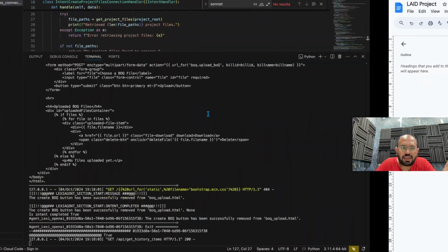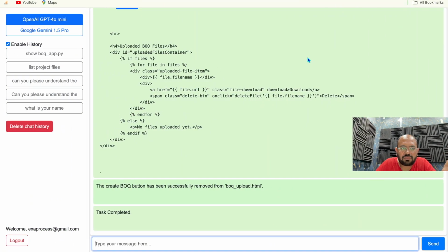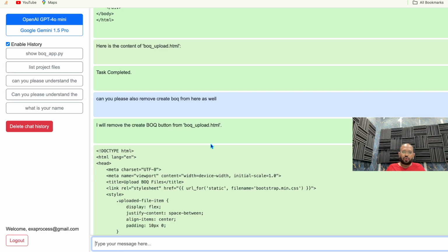But in an agentic project like this, there can be any LLM over here. I have hidden Llama 3 and Sonnet Claude 3.5. They are also there, but they did not work for me. That's why I hid them.